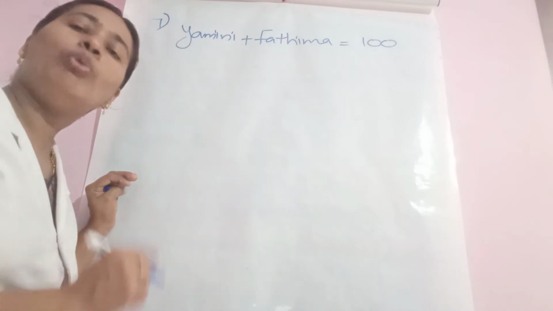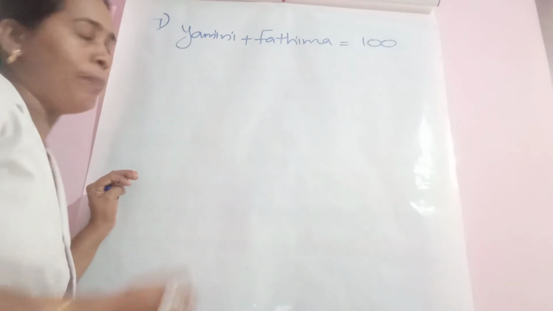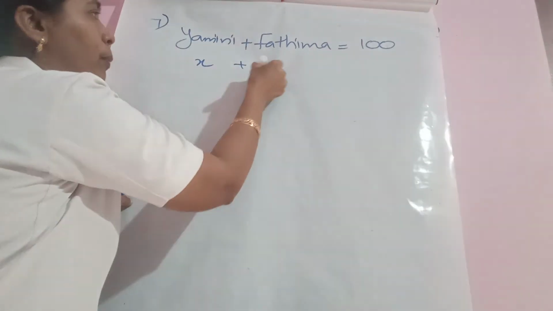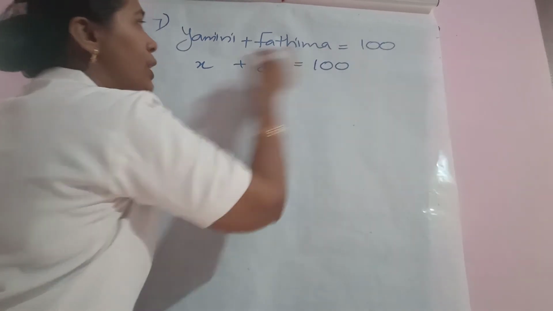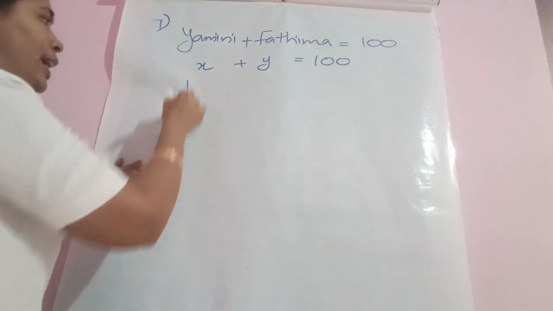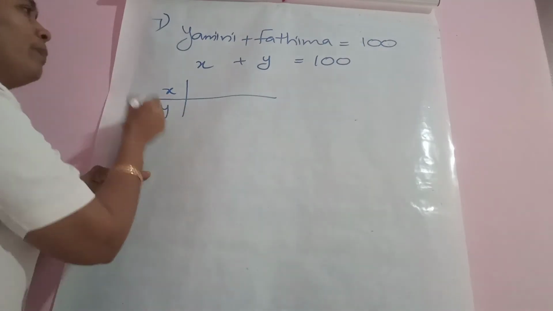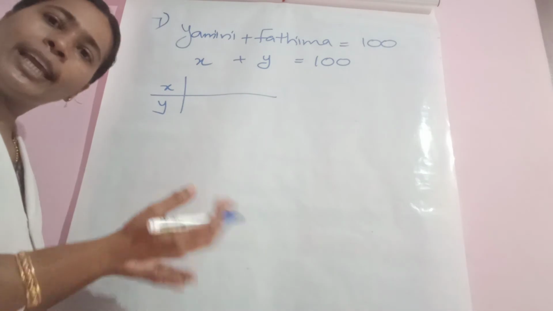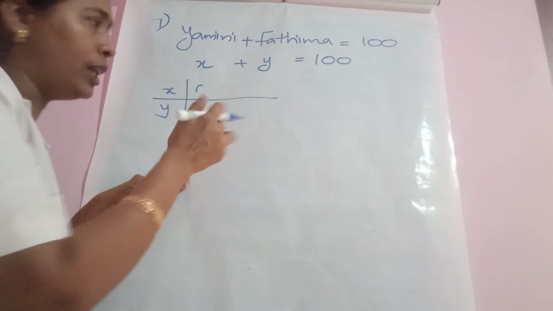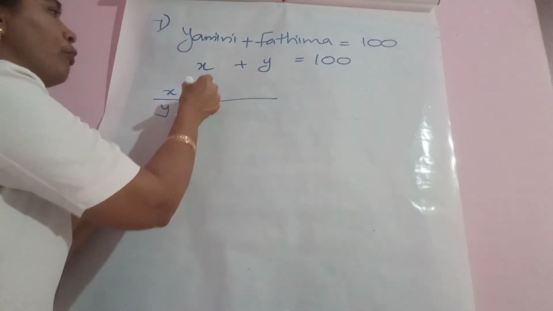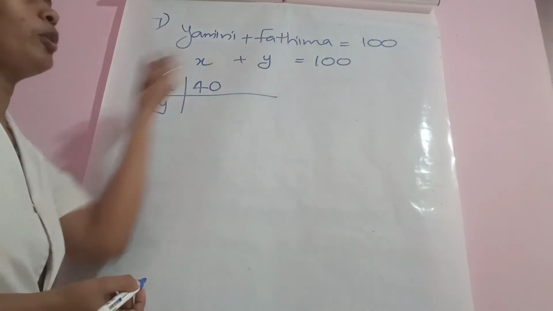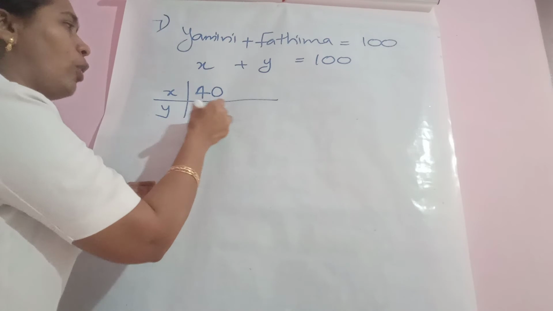So we need 2 variables, an equation in the form of 2 variables. So we can say Yamini contributed x rupees and Fatima contributed y rupees. And the sum of these two is equal to 100. There is no change for 100. Remaining values you can change. So what are the possibilities for you? You can take any number you like. First x is 0. Suppose 0 is not possible because she has contributed something. So let us take some numbers like 40. If Yamini contributed 40 rupees, what will be the contribution of Fatima? 60. Total 100 needed.